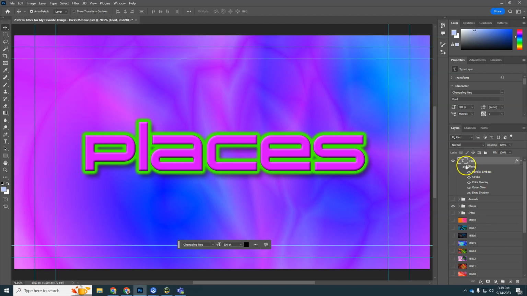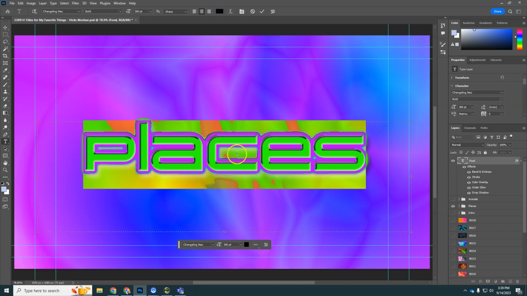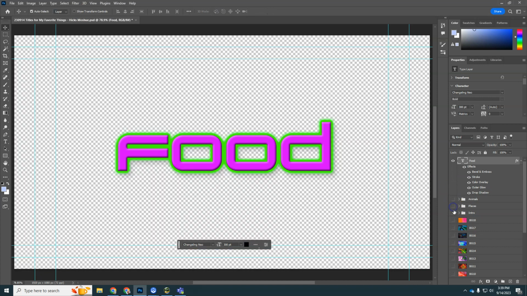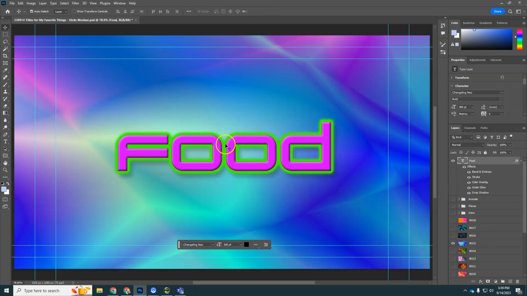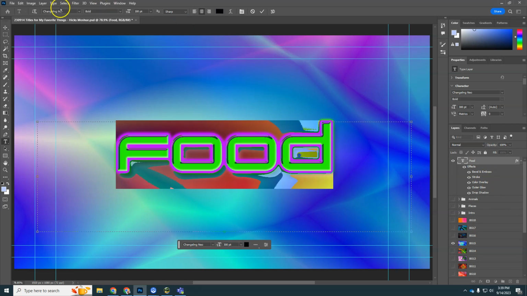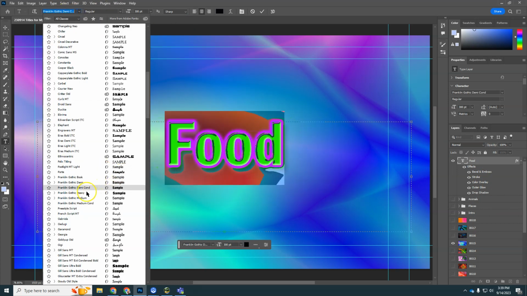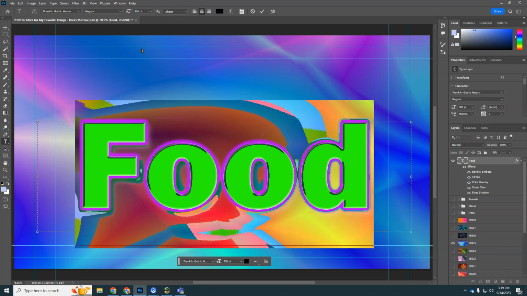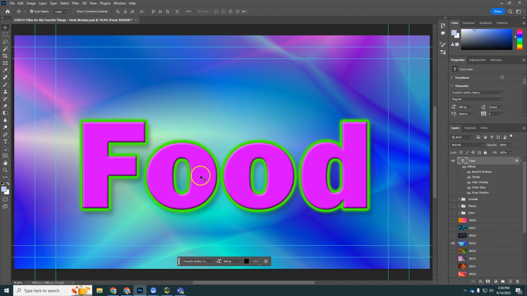Now, why would I do that? Well, it's pretty easy to go in, change the font, change the color, and just make it look completely different very, very easily. I'm going to type food. I still have my places turned on here. Pick a different background, and then change the font. Now it's going to need to be much bigger. It's a shorter word, so 600 for a font size makes that plenty big, but we don't want it to